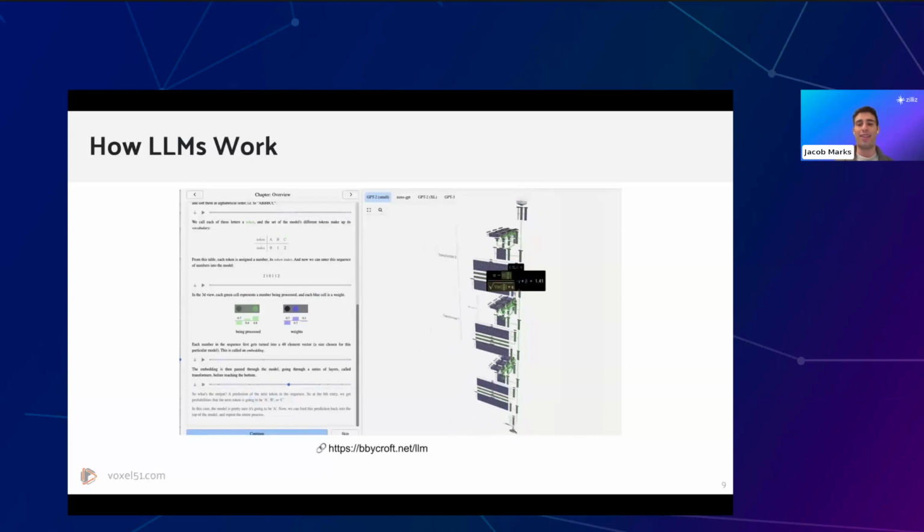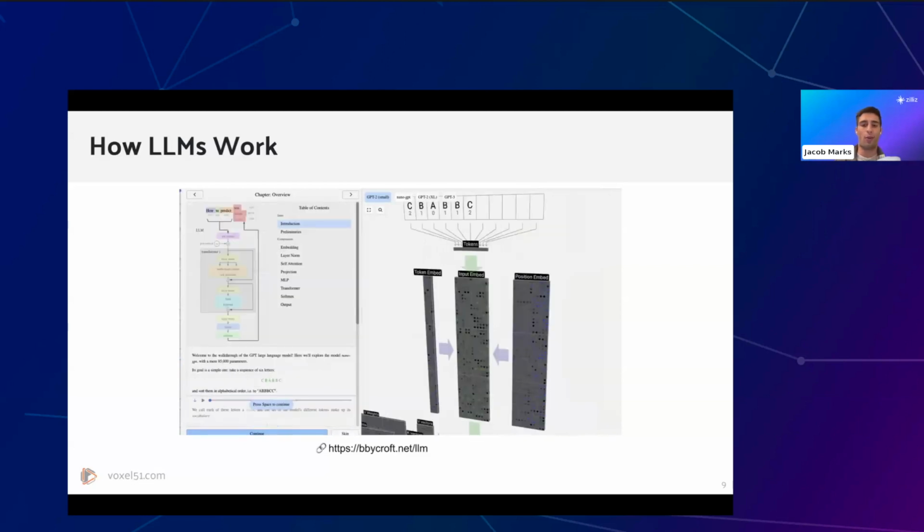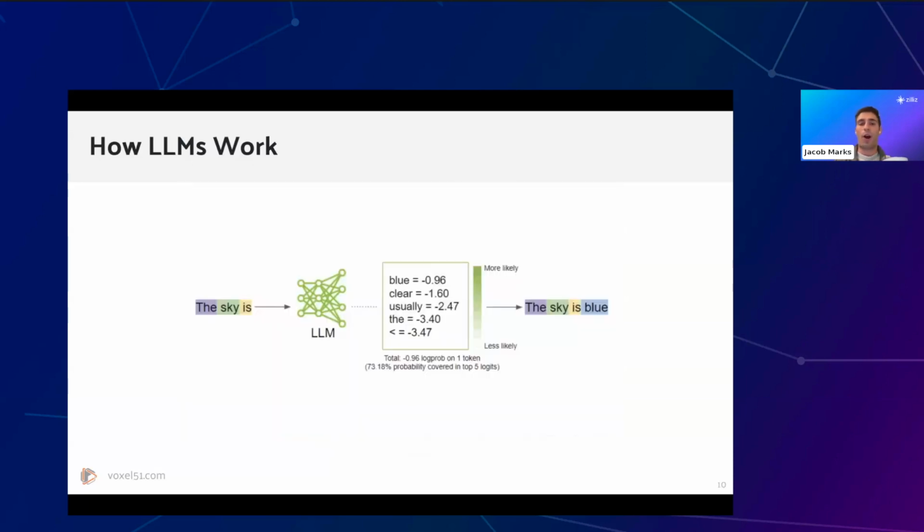Because at the end of the day, these models are just certain connections of many different matrices of weights and biases that are all tied together in a particular way, and that's all propagated through to some final output at the end of the day. And that output is a token, or more specifically, it is a sequence of tokens that is being auto-regressively generated. So these large language models, and there are text models, there are vision language models, as we'll talk about, that are not generative, but large language models, in the way that we think about them traditionally, are generative.